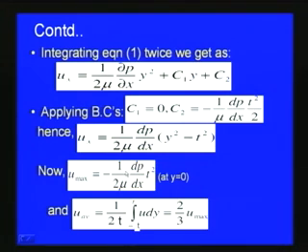This gives the maximum velocity, and if you want to find the average velocity, u average is equal to 1 by 2t times the integral between the limits minus t to t of u dy. This will be equal to 2/3 of the maximum velocity. So, the average velocity for this case is 2/3 of the maximum velocity.